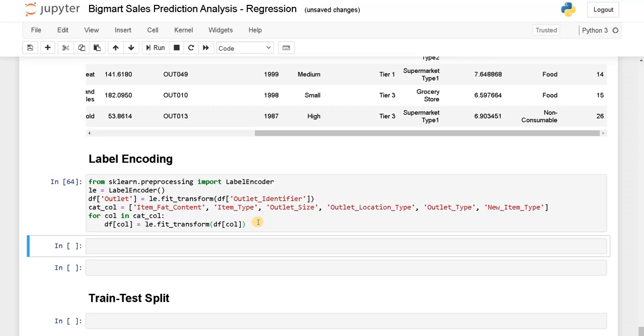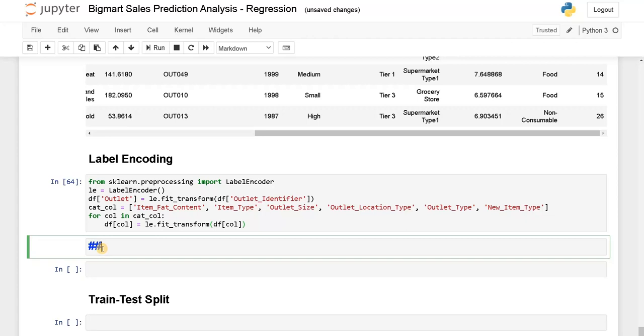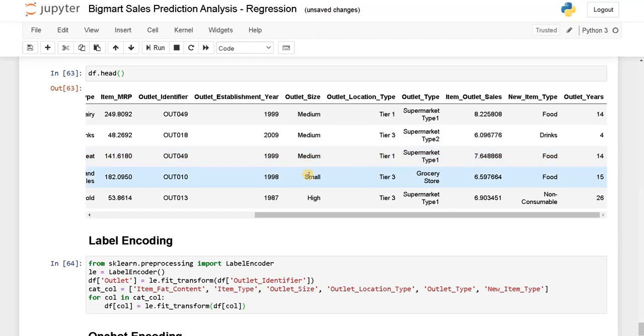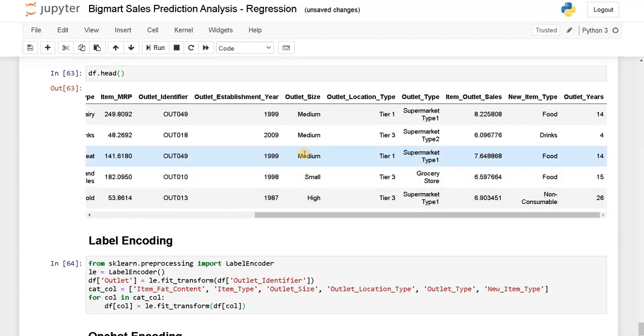For getting more accurate predictions in the model, we will use one-hot encoding. One-hot encoding is similar to label encoding. Here, it will create a new column for each category. Like here we have small, medium, and high, right? So it will create new columns like outlet size small, outlet size medium, outlet size high.